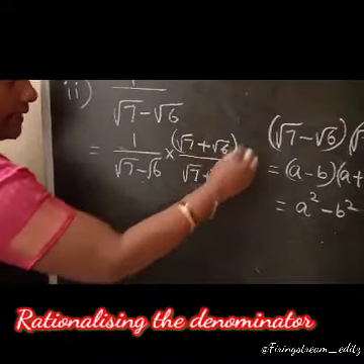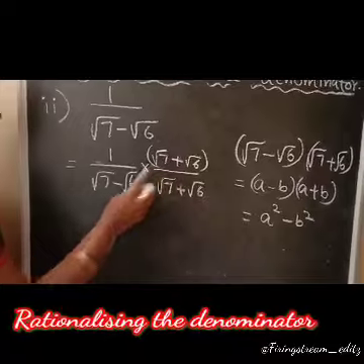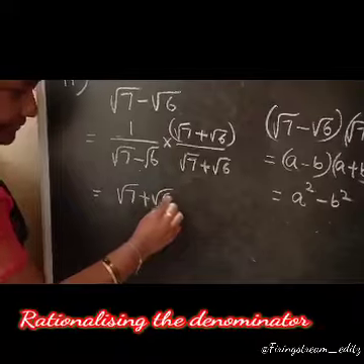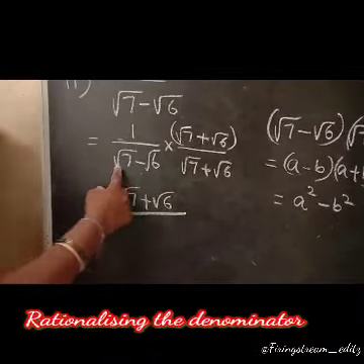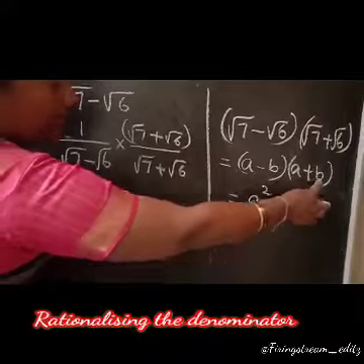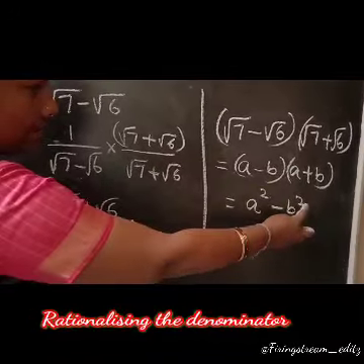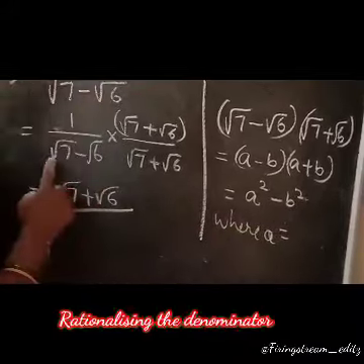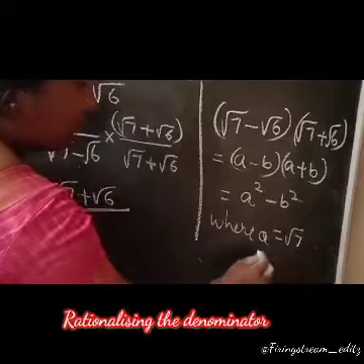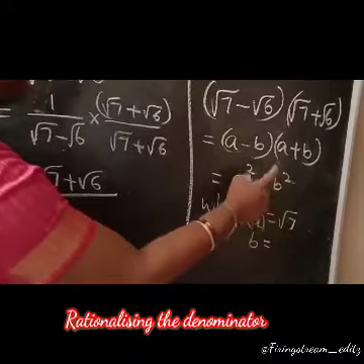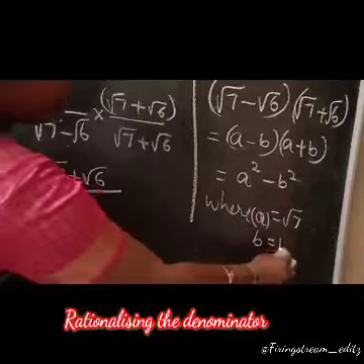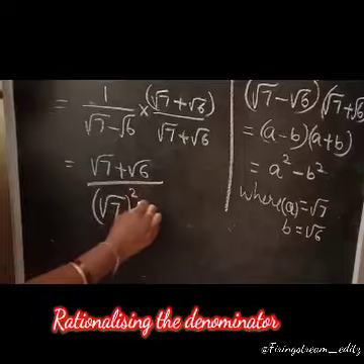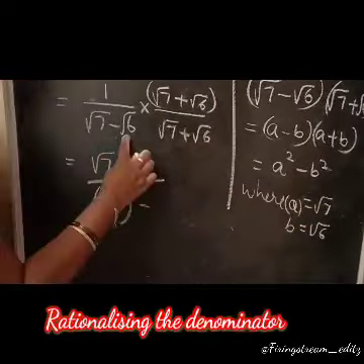6. Then, we multiply numerator and numerator. 1 into any number, we get the same number. Divided by, here, (a minus b) into (a plus b) equals a square minus b square. Here, in a place we have square root of 7, and in b place we have square root of 6. So a square means square root of 7 the whole square, minus b square means square root of 6 the